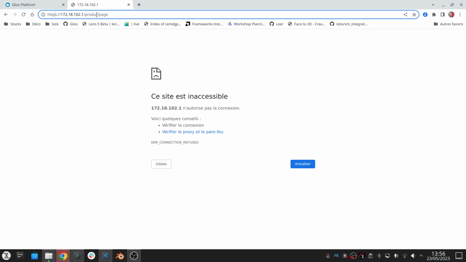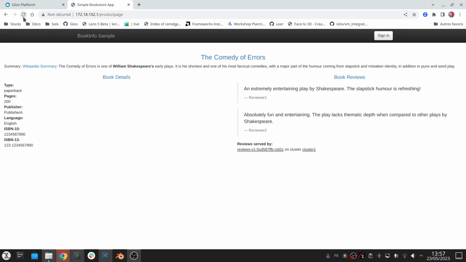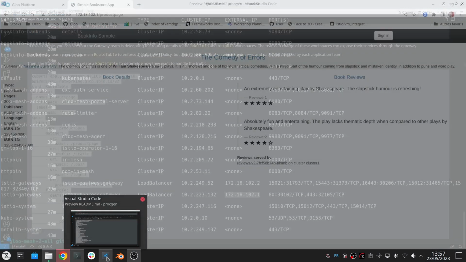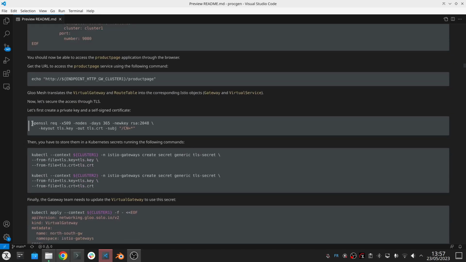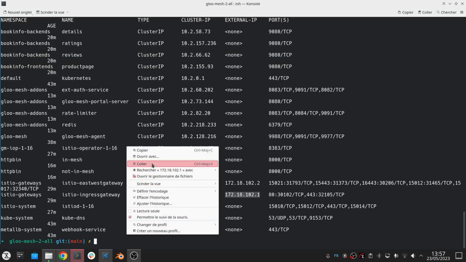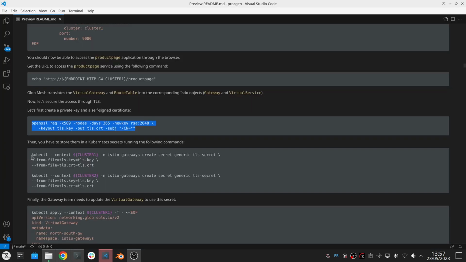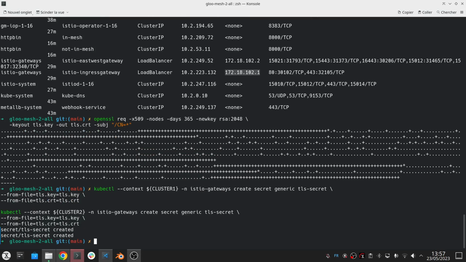So it's not HTTPS yet, right? So we have access to these applications through HTTP, but obviously that's not really what you want to do in general. So what we are going to do, we are going to create a self-signed certificate. Again, it's really for demo purpose. You would generally generate a proper certificate either manually and create the secrets like we do here, or having some automation around that, like using Vault, for example, or Certificate Manager, right, to request a certificate and